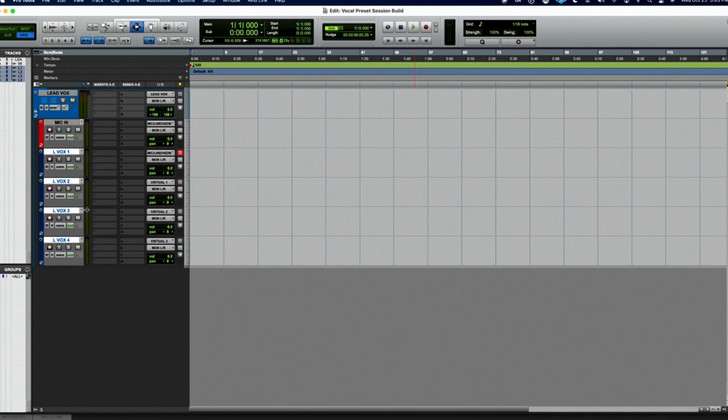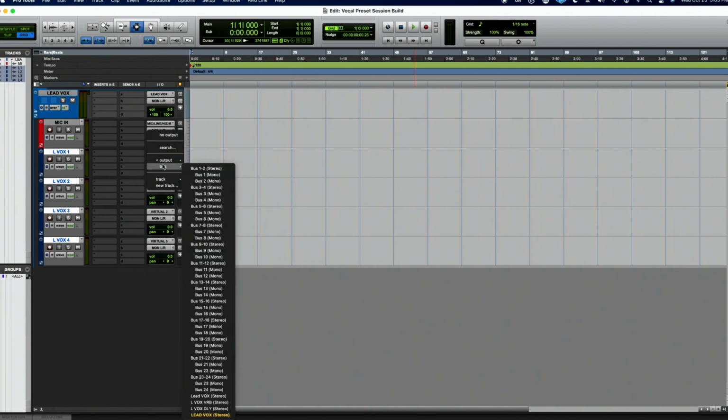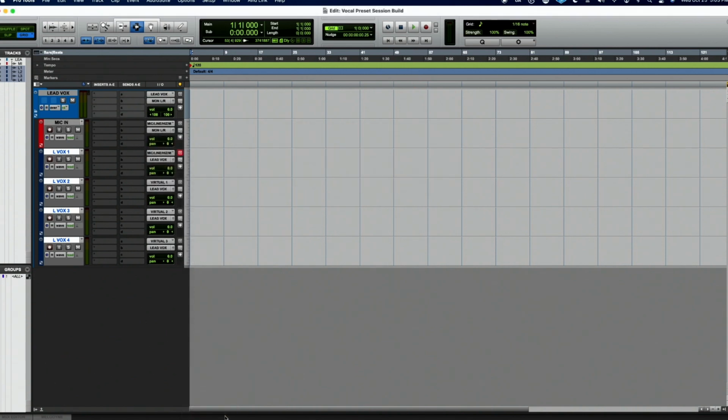So now I've selected all these. I'm gonna hold down Shift and Option, and as I select one with the lead vocal bus out, they're all gonna change now to the lead vocal bus. Okay, so now you see that the Mic In is still going to the monitor left, right. So this one is gonna monitor separate than all of these. And there's a reason for that. Okay, let's go ahead and make this one